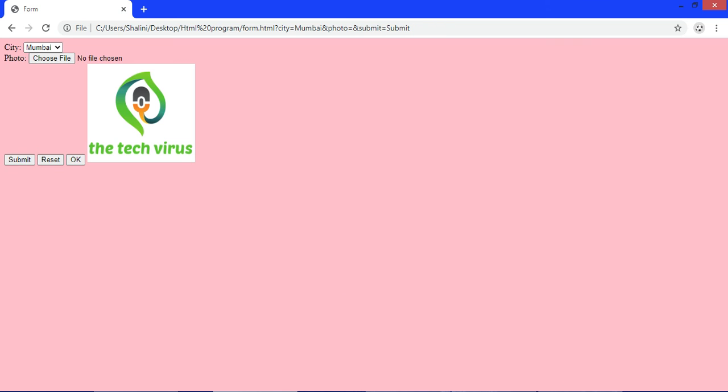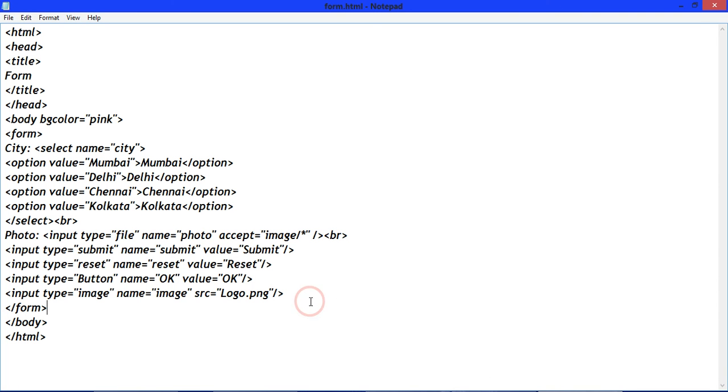Now see, we can also create button using button tag. Right here, button type equals to submit, value equals to submit, and then right here submit.